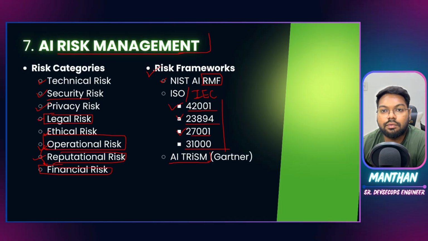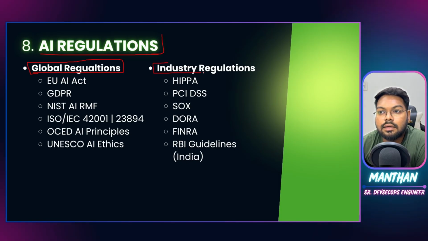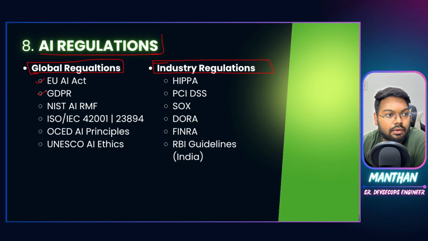There are a couple more that we will be discussing in the later part. So, AI regulations. There are global regulations that deal with national-level or regional-level regulatory policies, and then there are certain industrial regulations that you need to take care of if you want to serve your application or your AI systems in that particular industry. So European AI Act, EU AI Act, then GDPR, the General Data Protection Regulation, then